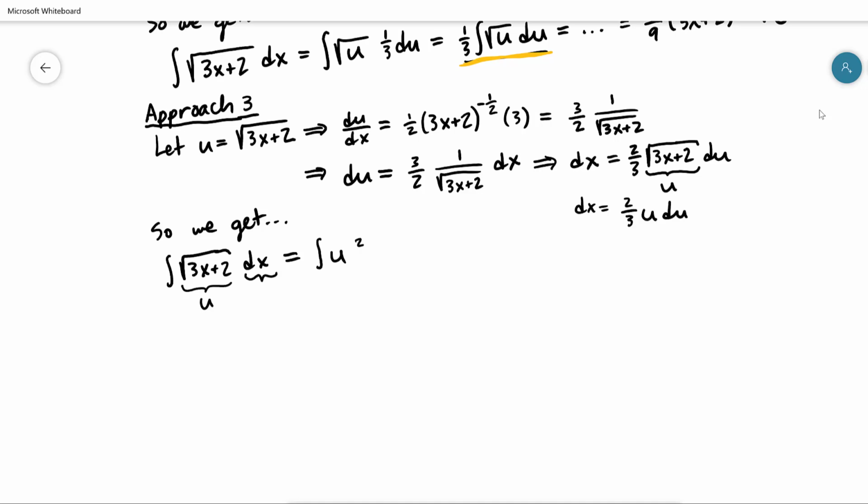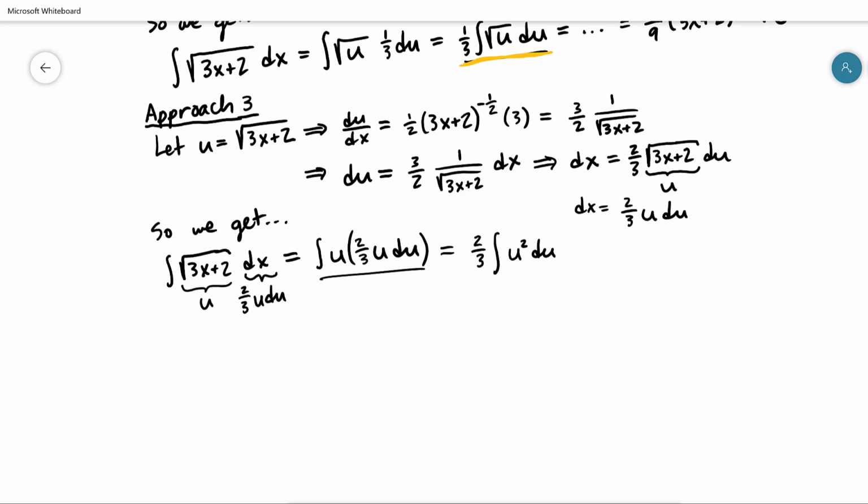So times 2/3 u du. So real quickly, sorry, this dx over here, that thing is the 2/3 u du. And that's how we got this piece. So if I clean that up a little bit, I can pull the 2/3 out in front. This is just going to be the integral of u squared times du,